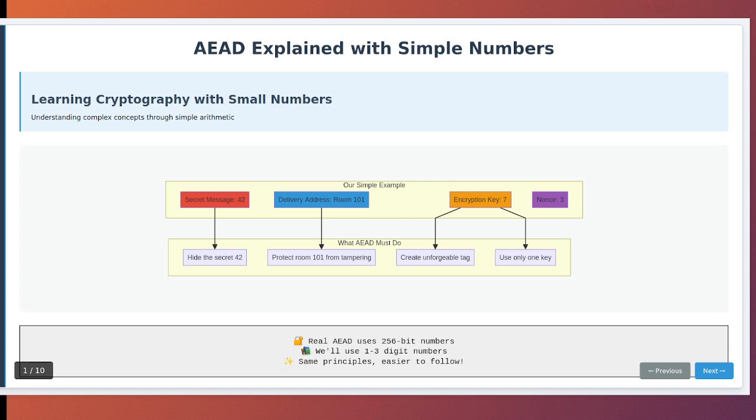Today, I'm going to explain AEAD encryption using small, simple numbers that anyone can follow. No complex mathematics, no huge cryptographic values, just simple arithmetic that illustrates the core concepts perfectly. The beauty of cryptographic concepts is that they work the same way whether you're using small numbers or massive 256-bit values. By using numbers like 7, 42, or 100, we can see exactly how AEAD works without getting lost in